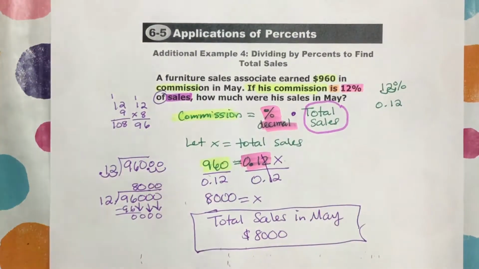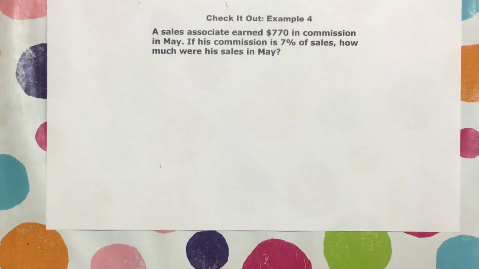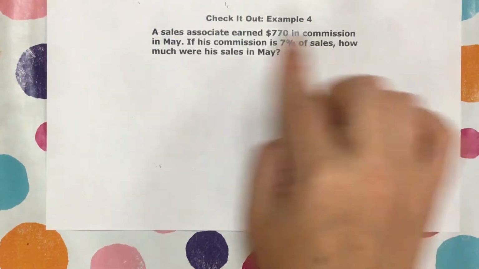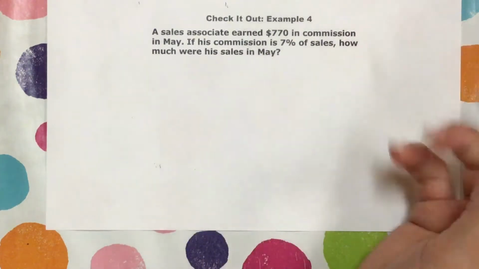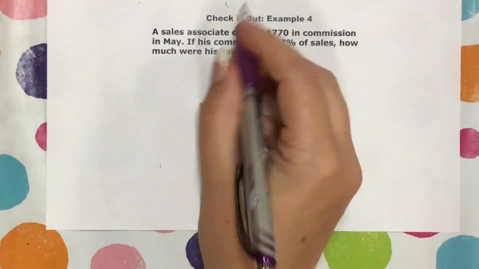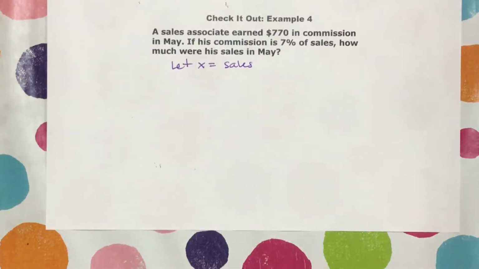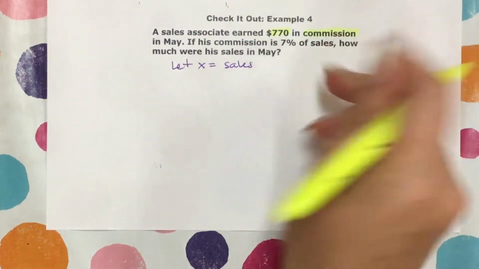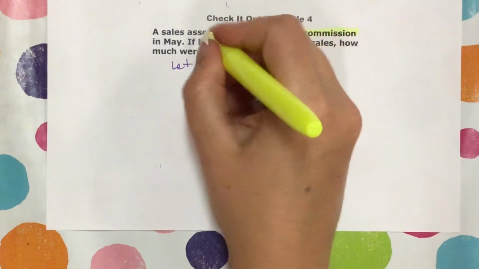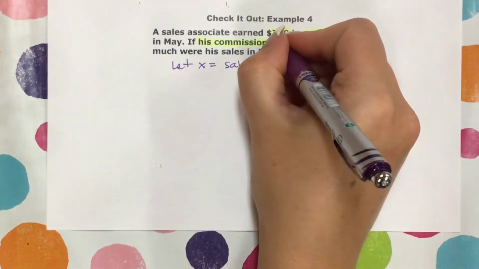Okay, let's go down to check it out, example 4. And we're just going to go ahead and do this one together. So a sales associate earned $770 in commission in May. If his commission is 7% of sales, how much were his sales in May? So what do we not know? We don't know the sales. So let X equal sales. Okay, so the important pieces of information. A sales associate earns $770 in commission. If his commission, which is $770, is means equals